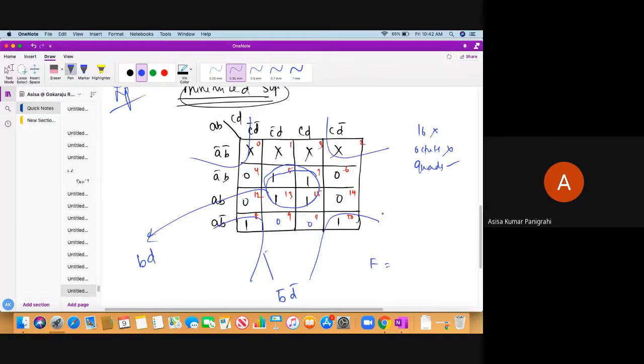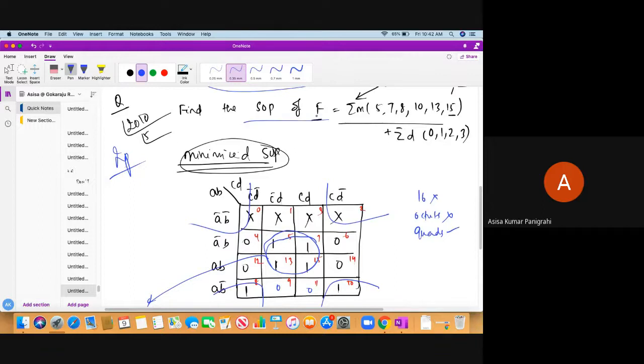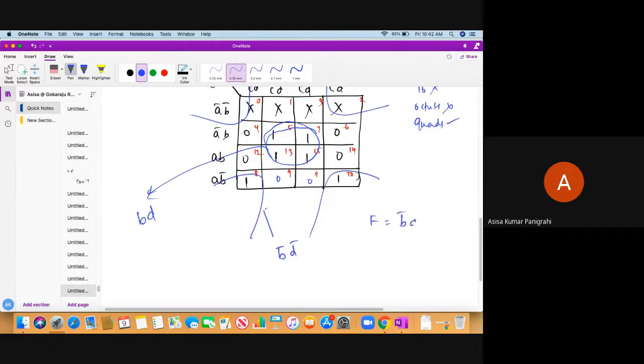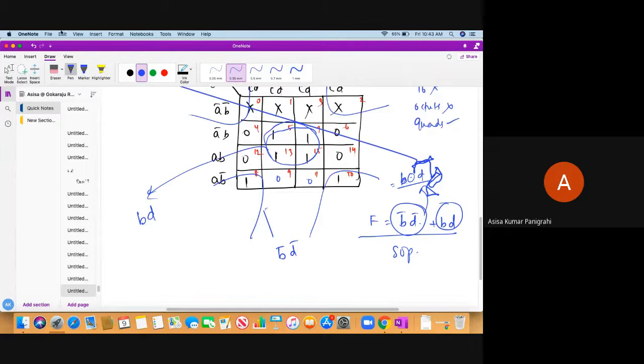The SOP function is asked, find the SOP. Find the SOP means the function F is here B bar D bar or B D. Remember, don't make it B XNOR D, because this will be B XNOR D. Many people will do like this and they will not get the marks, because in order to get this you need a SOP. SOP means it should have minterms. So some minterms should be present, but if you present it this way, it will not be minterms. So you should not express that in the form of XNOR gates. Okay, does anyone have any doubt? Tell me.